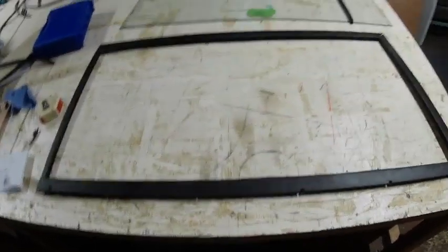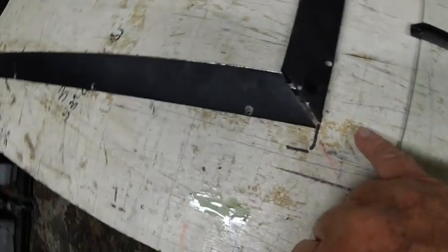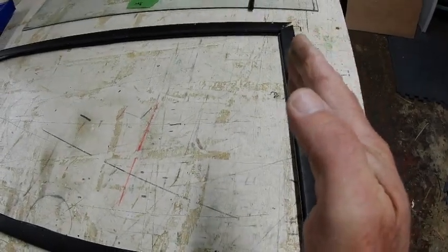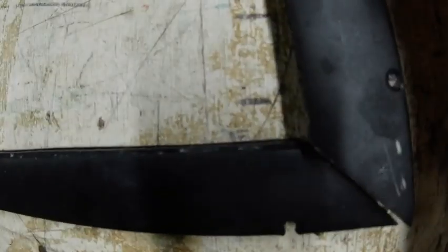What I've done now is taken the glass out. I marked on the bench at the corners where the existing frame with that glass was sitting. Okay, and then what I've done is I've loosely put the frame together so it's not actually screwed, but then I've moved it over slightly to where it should be according to the proper measurements. Okay, so the frame all still fits together in its proper place,